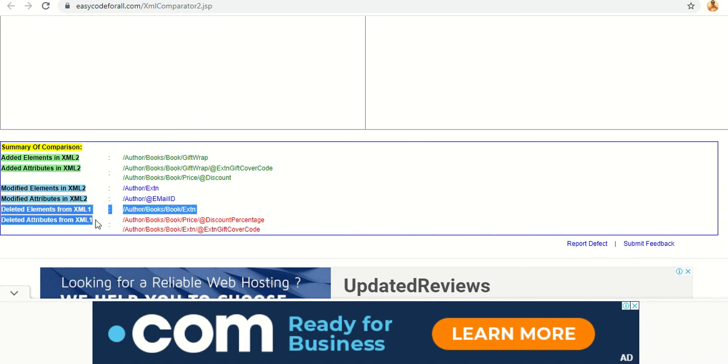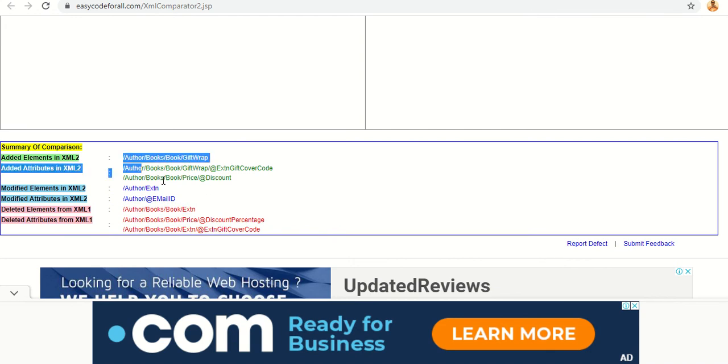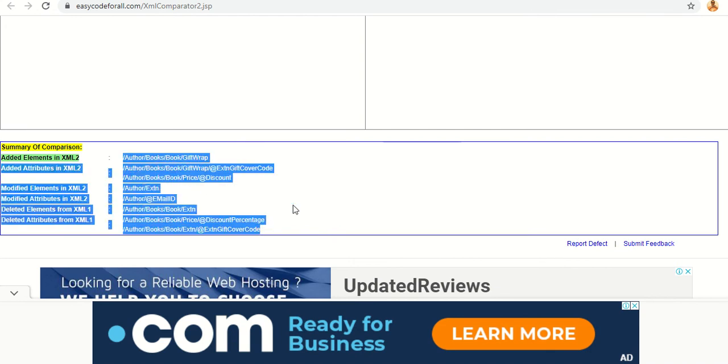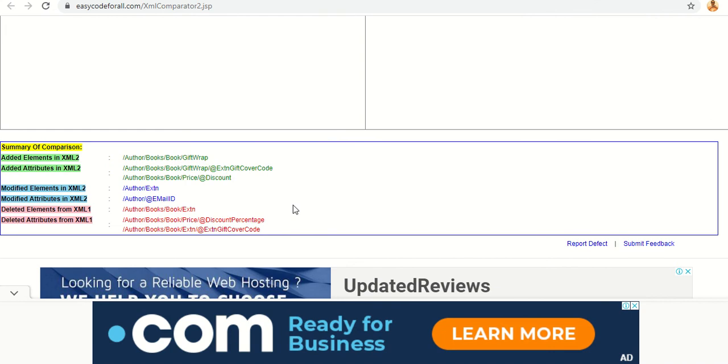So this is the summary of changes, which will give you insight into what the changes are in XML2.